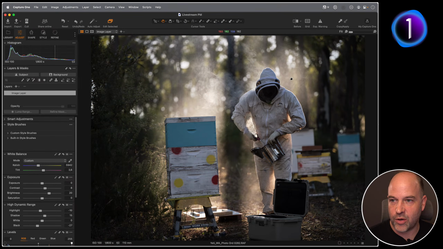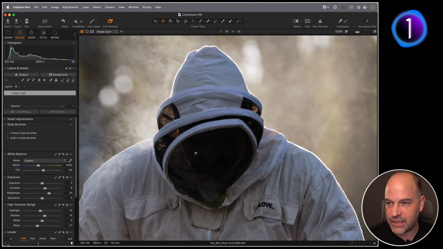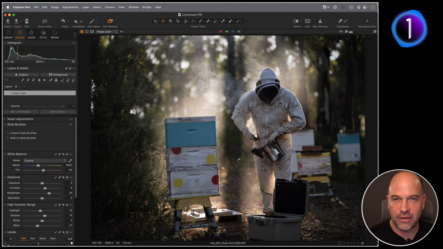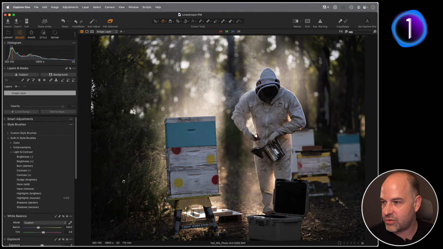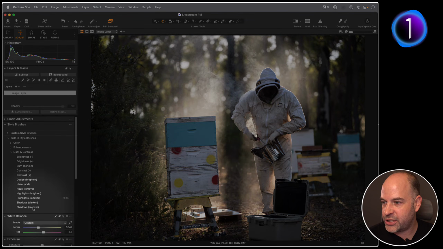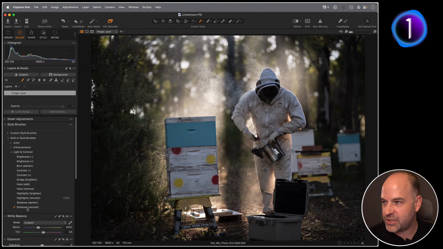So let's take this example. We know inside his hood there's a face in there, but it's a little bit dark. So we might just want to open up the shadows here in this area, but nowhere else. So if I go into style brushes and expand out light and contrast, I'm going to pick shadows recover. Now as soon as I click on that,